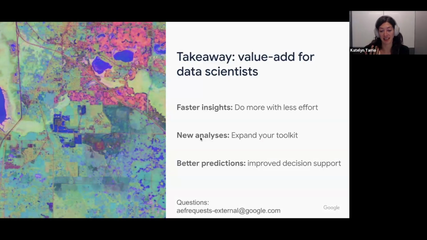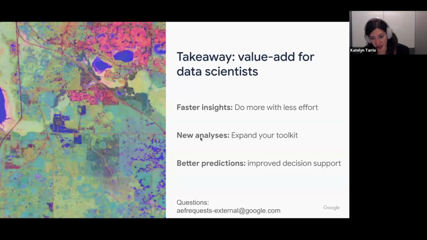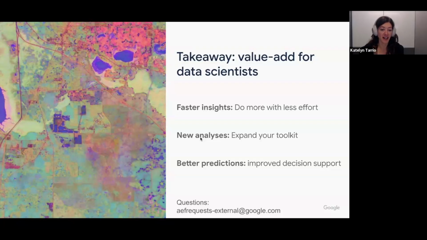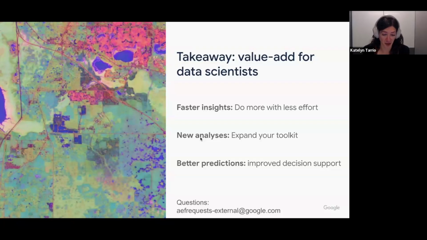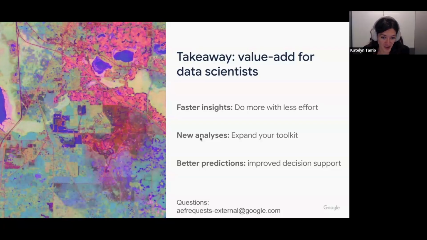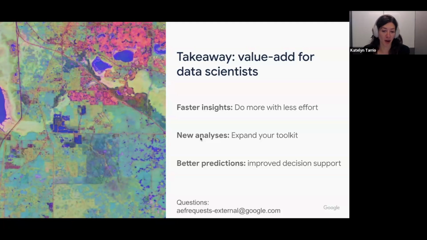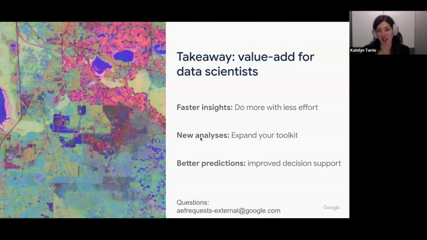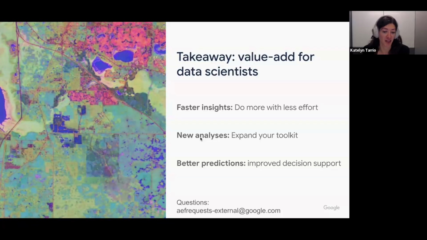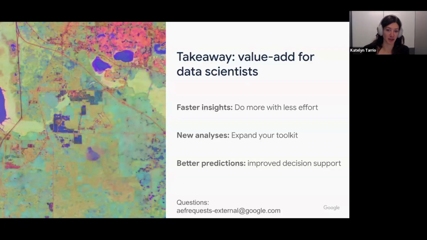Secondly, this enables really new analyses. We can perform tasks like global similarity searches or unsupervised clustering on these embeddings to reveal hidden patterns that you wouldn't really find even using traditional multi-sensor approaches. It's night and day with the change and added rich information of these embeddings. And most importantly, and lastly, better predictions. The model's low noise, information-rich embedding layer is yielding better accuracy and requiring just a fraction of the labels needed for traditional methods. And so with that, I will turn it over to Lucy